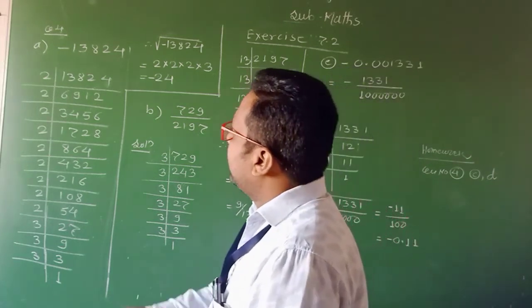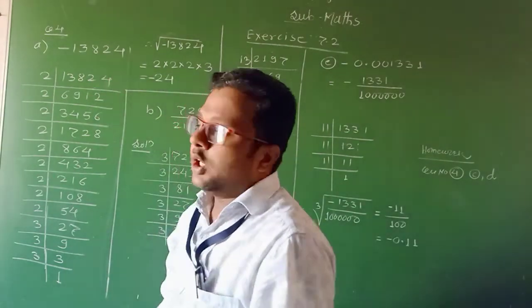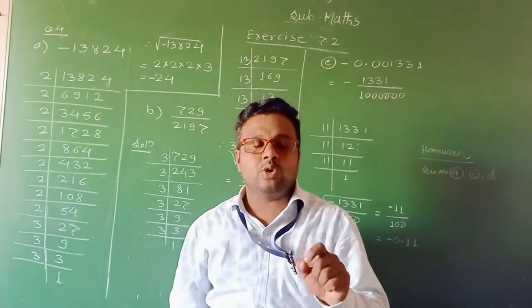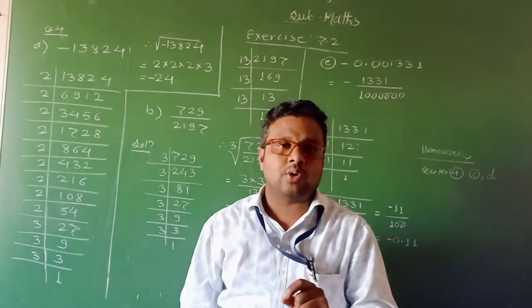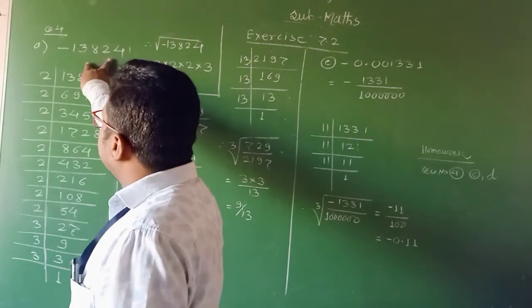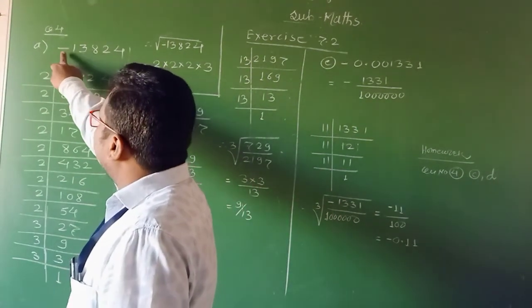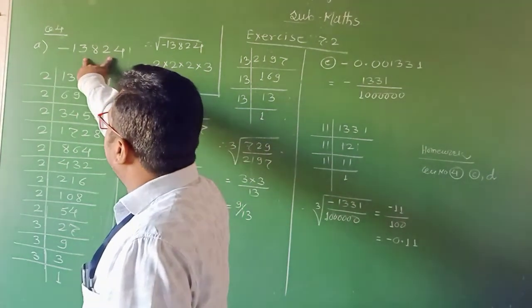The number given is minus 13,824. To find the cube root, we use the prime factorization method, and first we find the prime factors of the given number. Don't take the negative sign here. We take the given number, that is